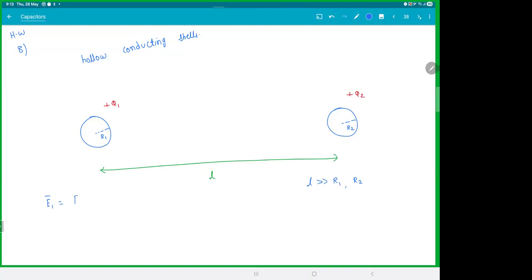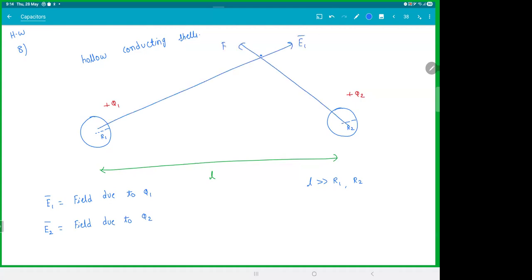E1 bar is the field due to Q1. E2 bar is the field due to Q2 at any point in the space. Meaning, if you take any random point here, this guy will give a field E1 bar. This guy will give you a field E2 bar, something like this. What I want you to